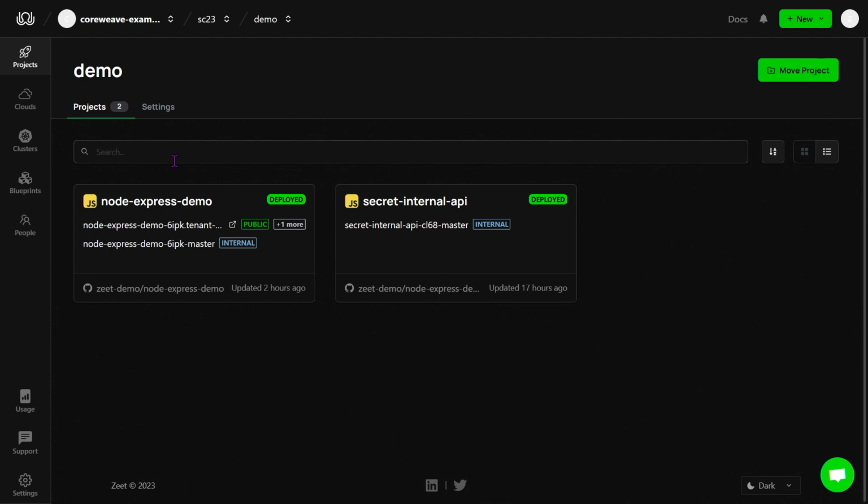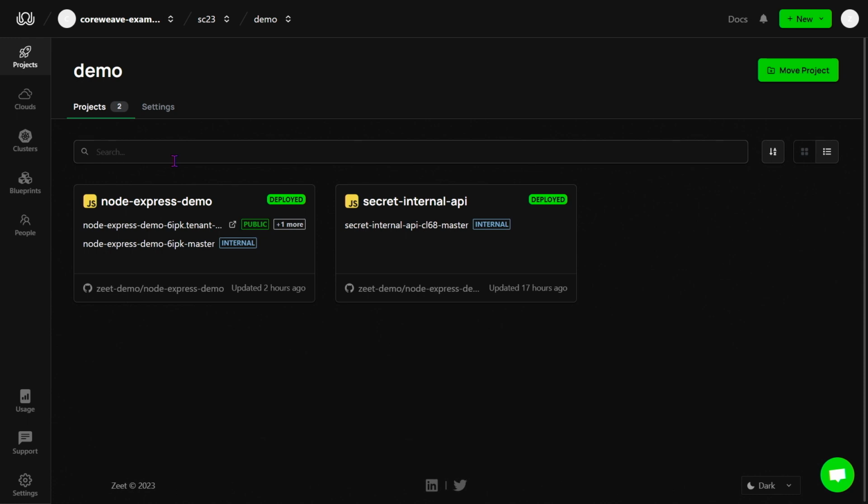Just on this page alone, there's a bunch of information that we can already get. I know that I have two services, but I can also see where these services are building from. This isn't just an infrastructure view where I can see a pod. I see this all the way tied into the GitHub repo. I can see when this was last touched. So it looks like our public API got touched during the last demo about 2 hours ago, and we can see that right here. I can see how to access these services, both publicly and privately. I think one detail that we had in the architecture diagram earlier, this secret internal API is not publicly accessible. We have a private network going between these services so that you can keep it more secure and optimize the